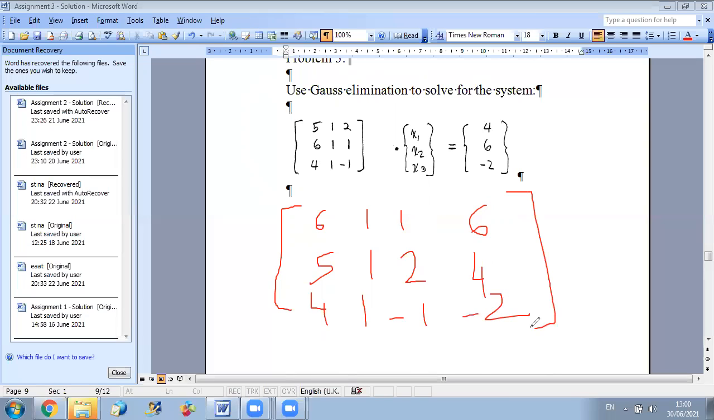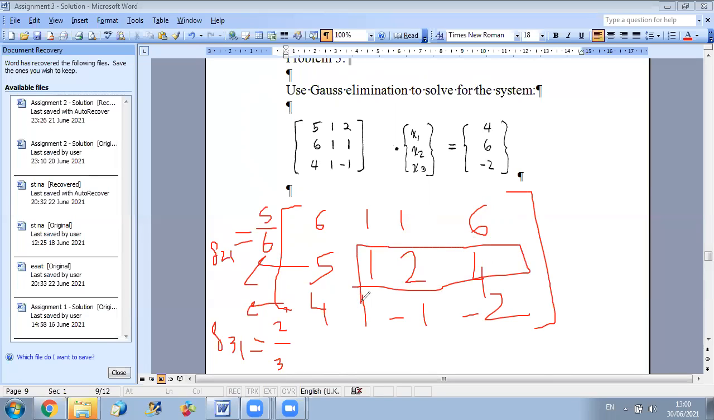Now what I should do now is I will find factors. F21 equals 5 over 6, F31 equals 4 over 6 or 2 over 3, and now I will update all the coefficients here with the B according to the formula. For example, for this element 4, I do 4 minus 5/6 times 6, the element in the same column